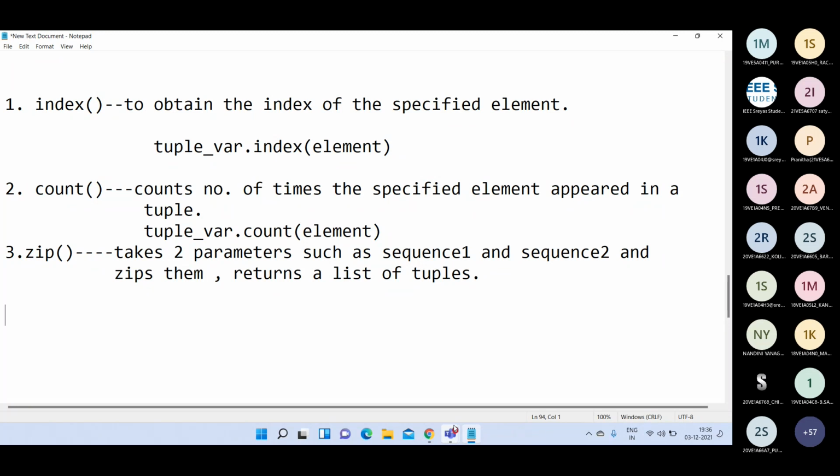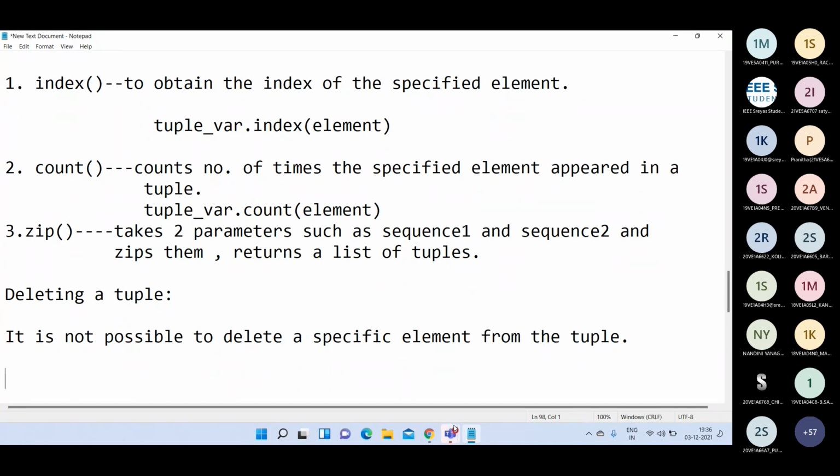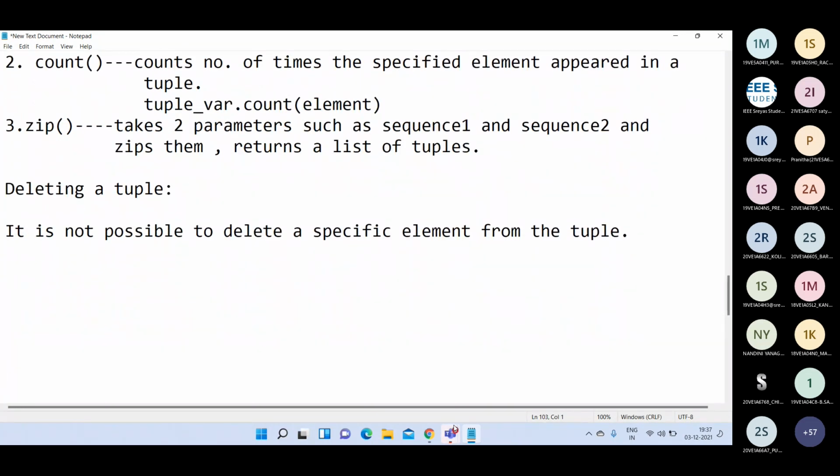Now, if you want to delete a tuple, generally in tuples it is not possible to delete a specific element. It is not possible to delete a specific element from a tuple, because tuples are immutable objects.